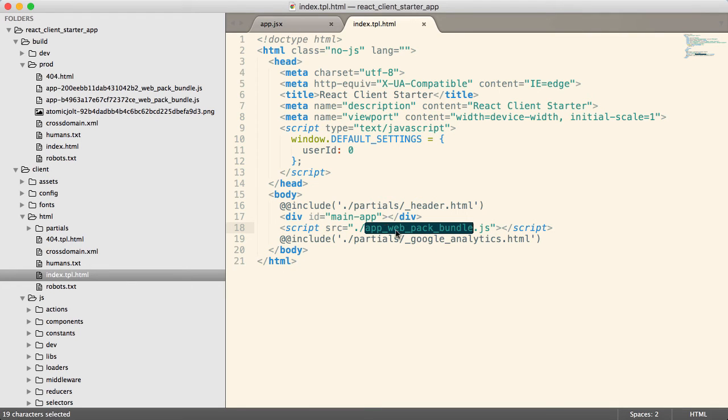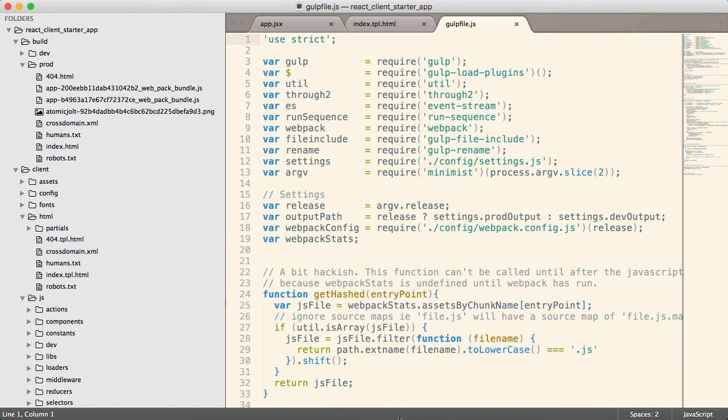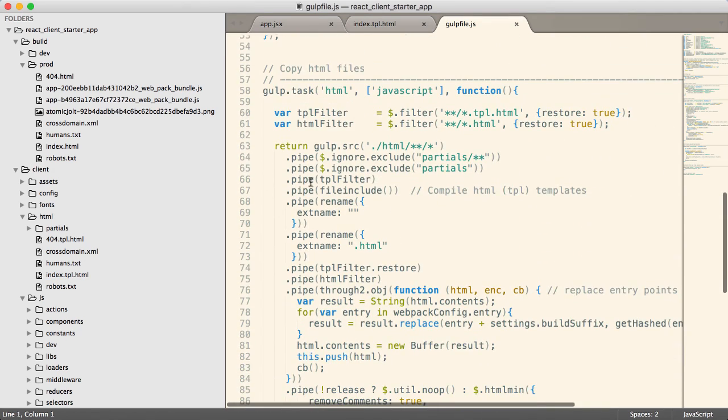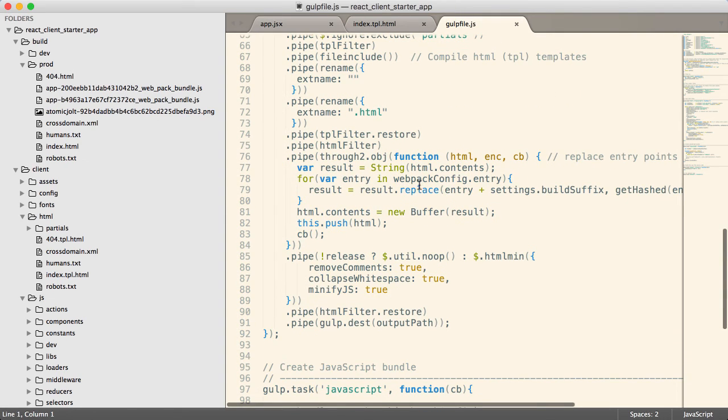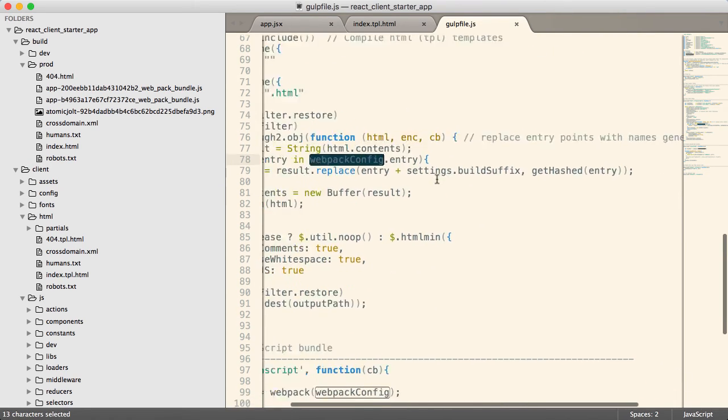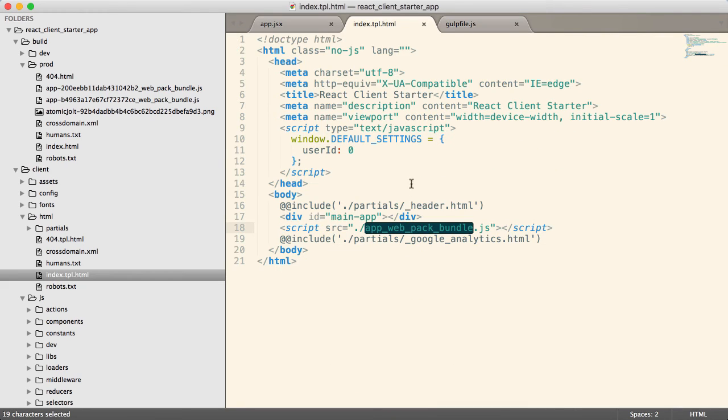The way that this works is inside of this Jolt file, we have this task right here for HTML. And this will look at the Webpack stats file. When Webpack does its build process, it generates a stats file that has information about its output. And one of the things that gets entered is the name for this JavaScript file. So we then loop through those names right here, pull out that entry, and then replace this app webpack bundle.js